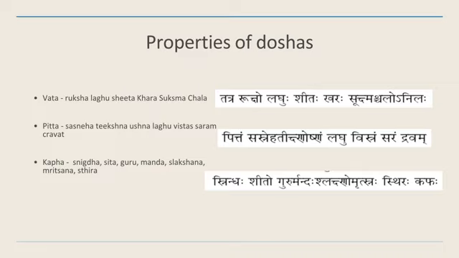Similarly, Pitta is also Drava. So if you increase more Drava in the Agni, then also Pitta will become more. For example, as I said, that Pachaka Pitta without the Jala is called Agni. So if you add more Jala to the Agni, it will become Pitta. So if you drink a lot of water on an empty stomach, it can cause you acidity.